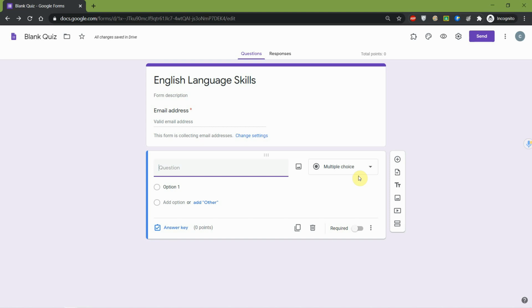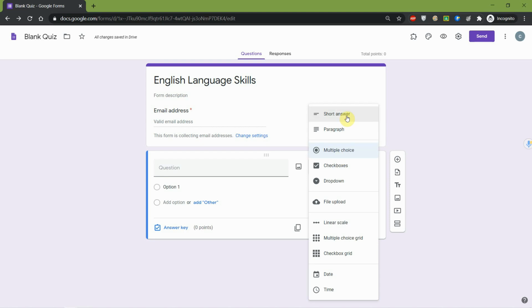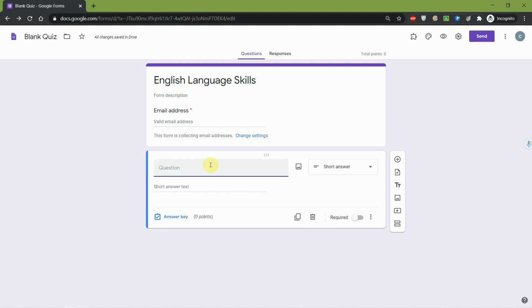First, to construct a 10 minutes quiz, I have opened a Google form. I entered a subject title. Now for a quiz, we need to select short answers. We can type or copy paste the questions here. But before that,